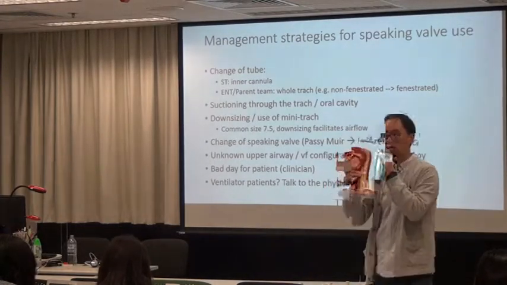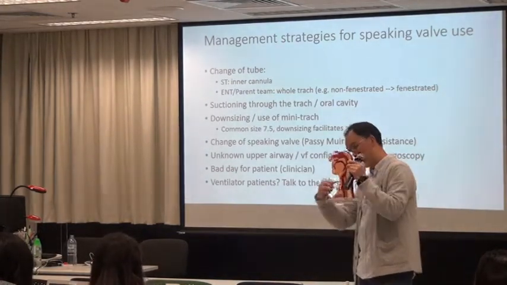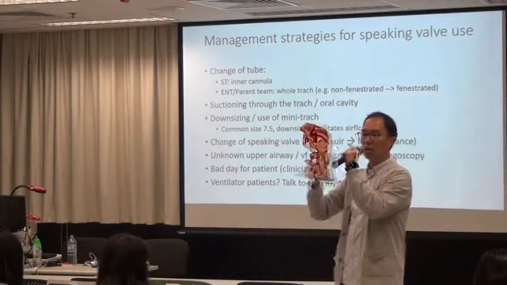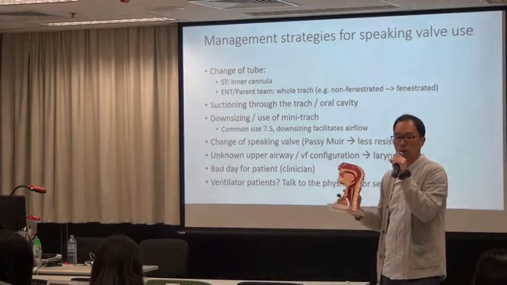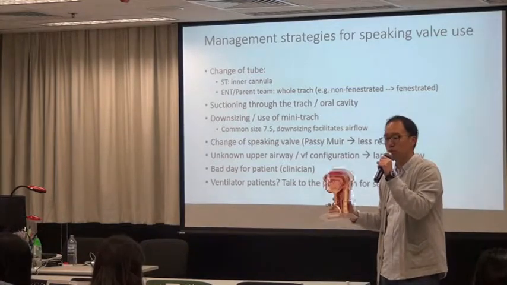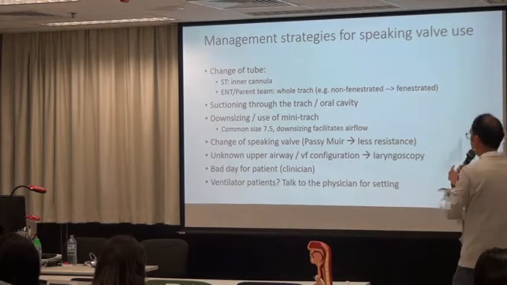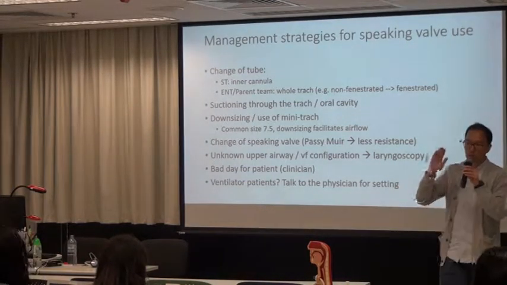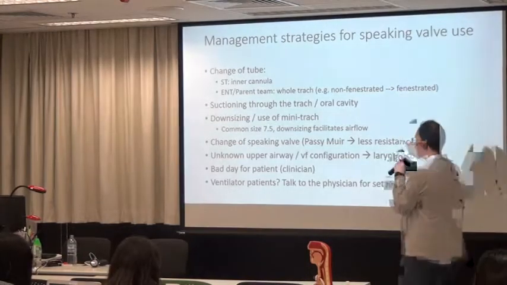You have a lot of secretions here. Okay, if you have a lot of secretions, even though you have a fenestrated tube, you do occlusion. If you have a lot of secretions in your mouth, in your pharynx, what's going to happen? You're going to end up with a very gurgly voice, or you can't even talk. Okay, a lot of sputum. So what you can do is you can suction, okay, through the tract, through the oral cavity, so that you make sure the pathway of the airflow is patent. Okay, or third